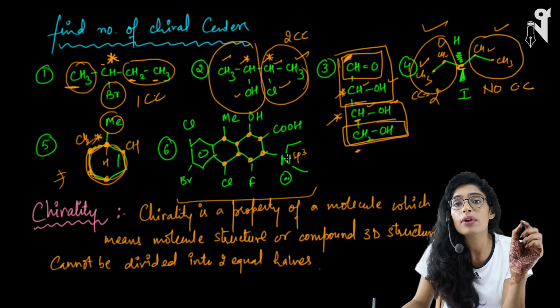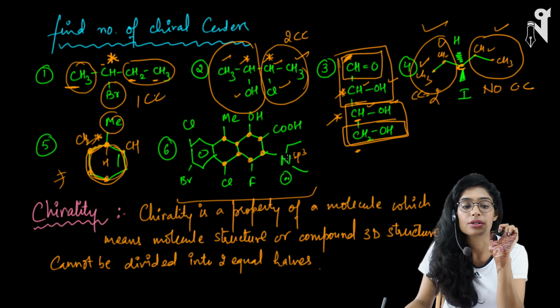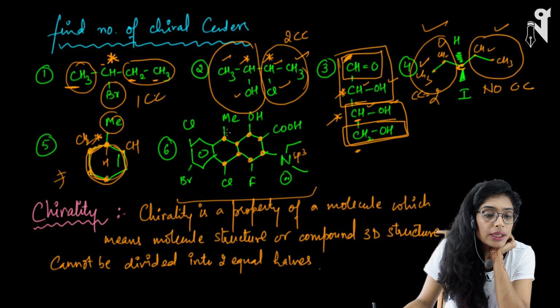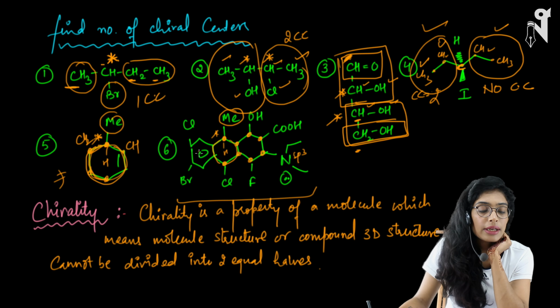Here, I'm not asking whether it is giving you the optical activity or not. I'm just asking which are the chiral centers. Okay. So look at this. It has one methyl group present over here. It has one methyl over here, and then an unsymmetric chain on this end, an unsymmetric chain on this end, and one hydrogen. So this is a chiral center.